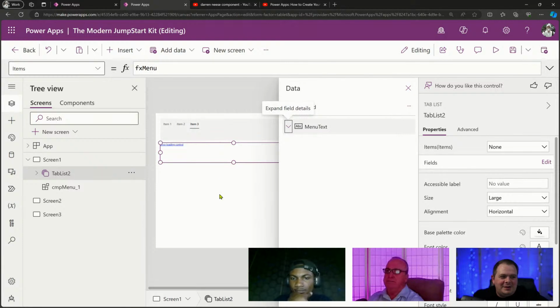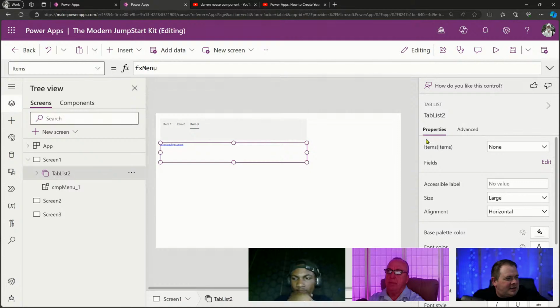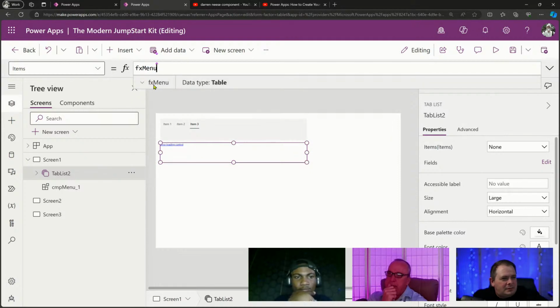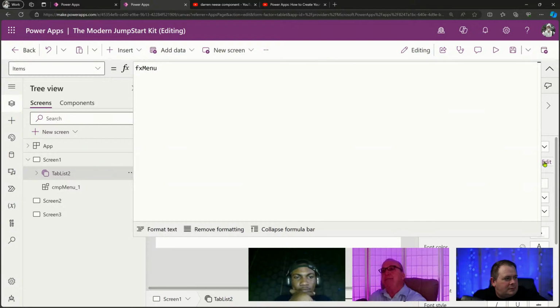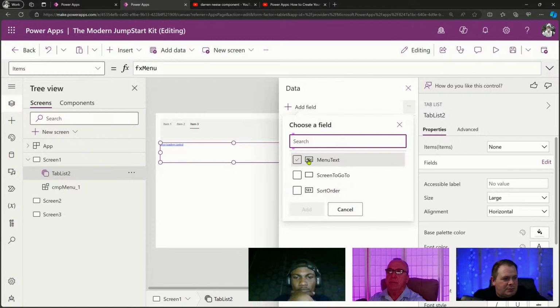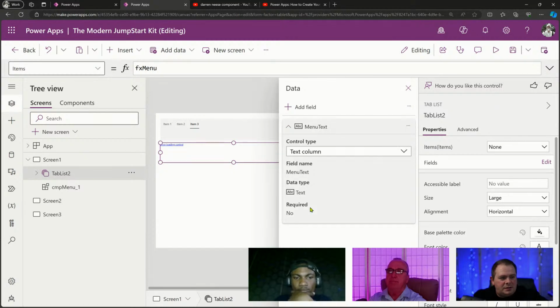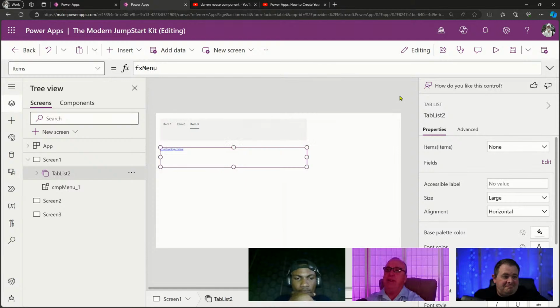So I find it weird that it pulled in those numbers. Now it's really having a hard time now. See, yeah, it is. So I might have to go in here, remove all of them, and then just bring in the menu text, which is what I want to be displayed there. So one of the things I don't know if we can do, and I doubt we can, Darren, but